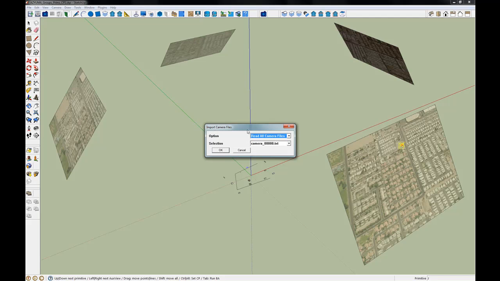And now we have the option to import those camera files. So we have the option of reading in all of them, or just reading in a certain one. If we added a new image and just wanted to bundle adjust it, we could do that, and we could select which of the images we want to read in here, but I'll take the default, which is to read in all of the camera files. Now once we've done that, our camera files, our camera models, have been adjusted,